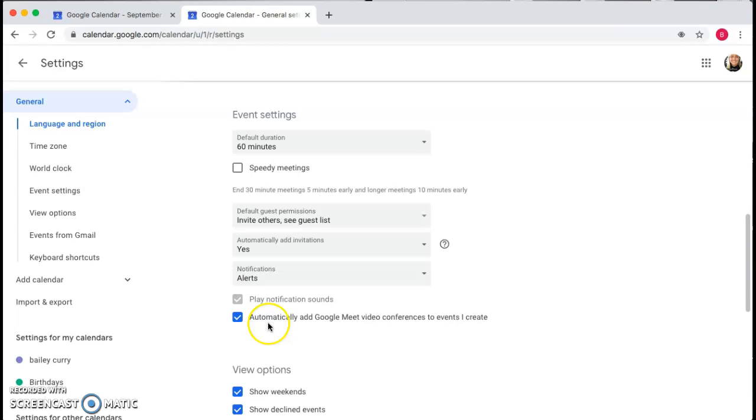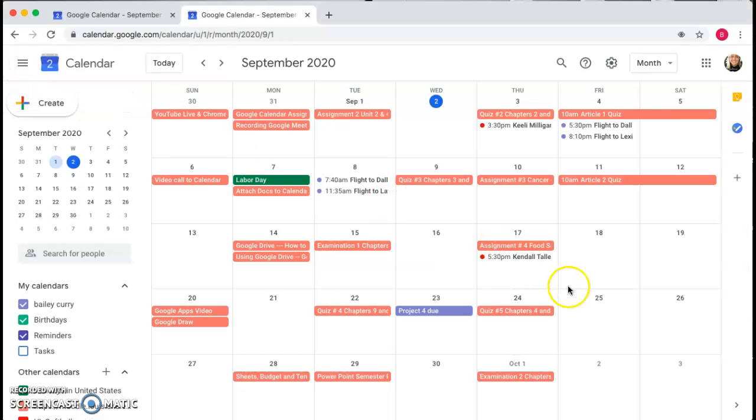And you can automatically, so mine already says automatically add Google Meet video, so you want to click on that, and then we will go back out of settings, and you will, so I want to make a weekly video chat for every Friday